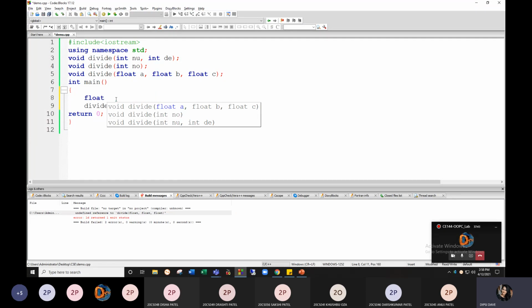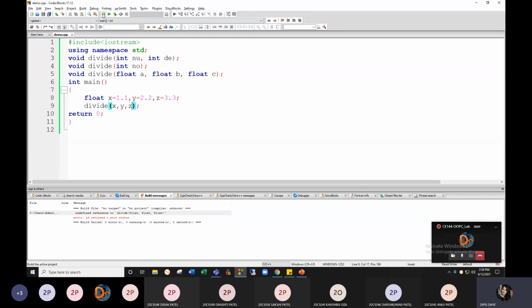So we cannot do that. Float x, y, z. What we can do is go to 1.1. Can pass x, y, and z.